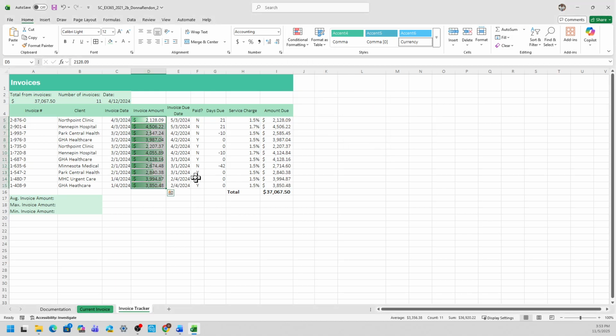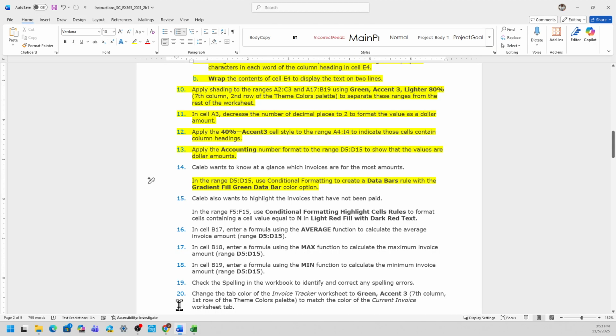Select it once. So the invoice that has the most amounts should be here, 4,506.22, and the next is this one here. Okay, but back to the instruction.